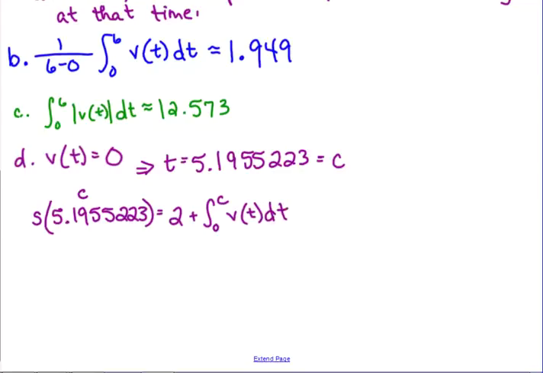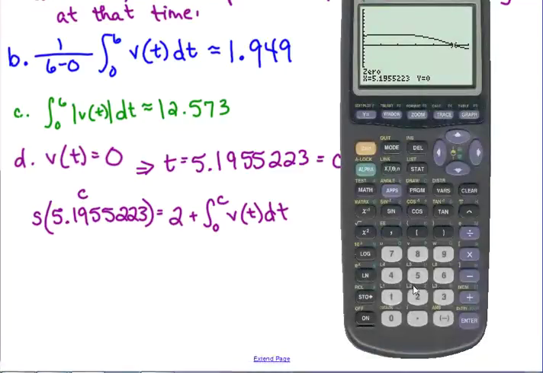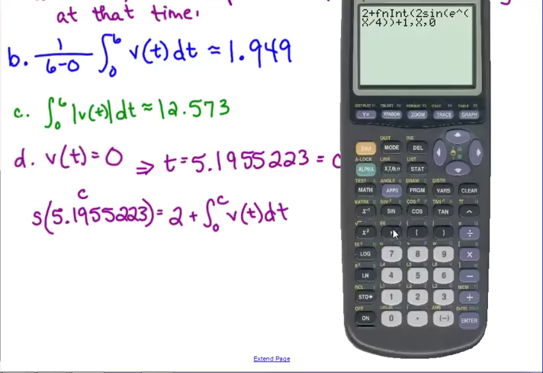Remember, the integral of velocity gives us displacement. We don't want total distance this time. We want it in relation to where we started. And then we can type that in. 2 plus the integral of our velocity function, 2 sine of e to the x over 4 plus 1, comma, x, comma, 0, comma,